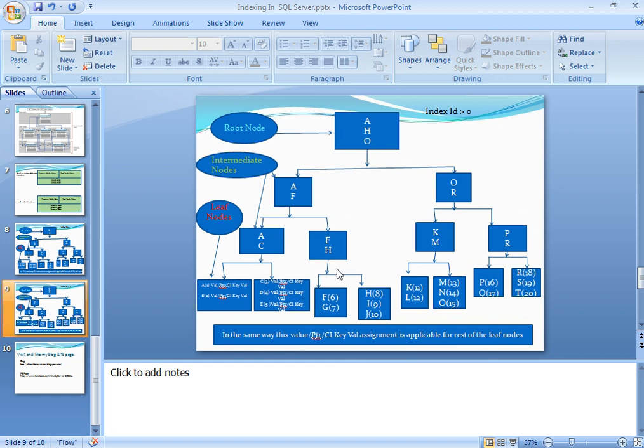So suppose I am looking for S. S is greater than A, yes it is. S is greater than or equal to H, yes. S is greater than or equal to O, yes. Now it will redirect here. S is greater than or equal to R, yes. So now it will redirect here. Now S is greater than or equal to P, yes. Now S is greater than or equal to R, yes. So now it will redirect here, and from S it will find the key value of the clustered index, that is